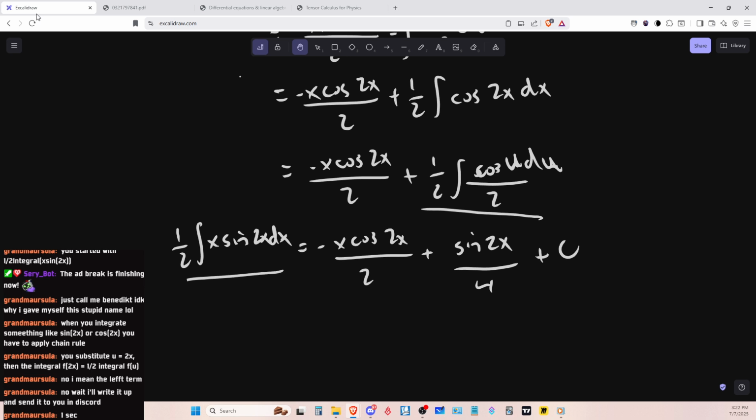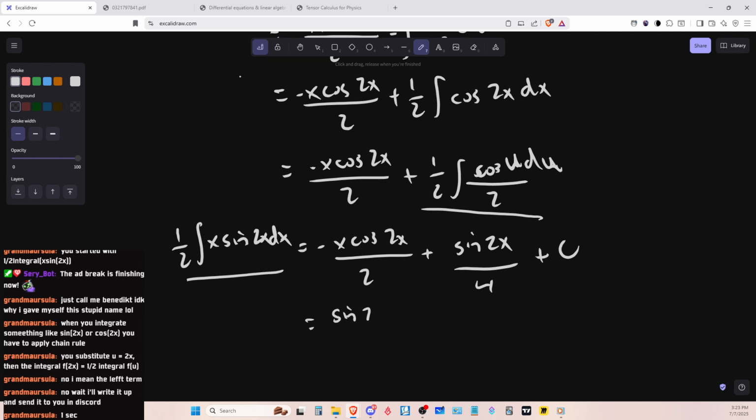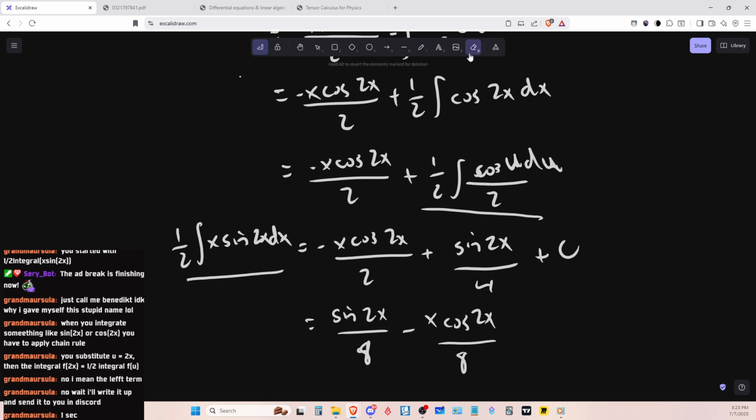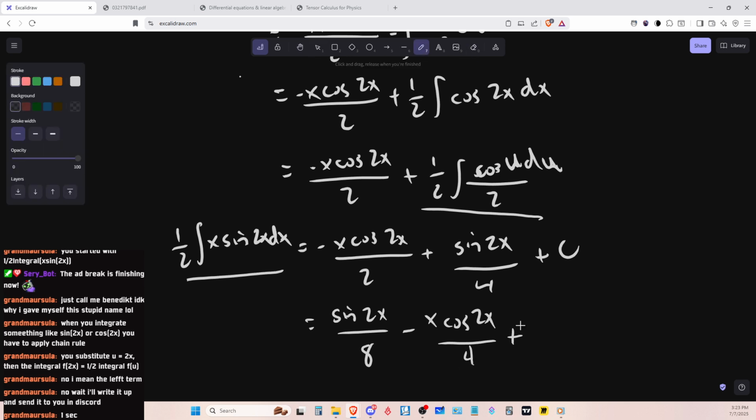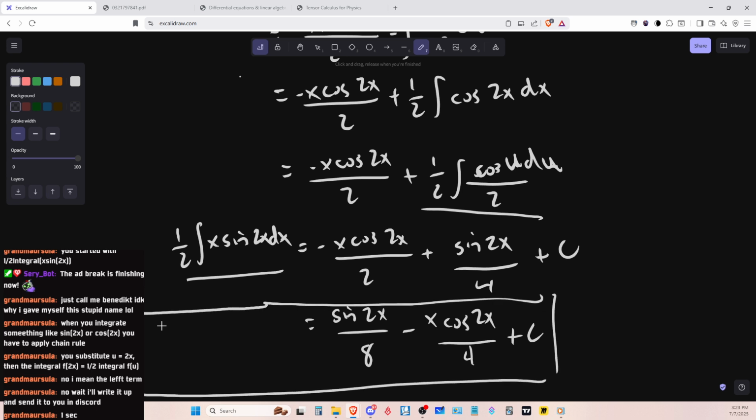Yeah, that makes sense. So I guess we just missed that one little part there. I thought it was completely off, but I guess not. We were just off by a factor. 8? Oh no, wait, this is 8. This is 8, and this one is 4 plus C. And this is all equal to